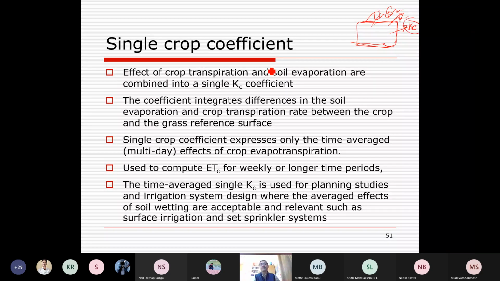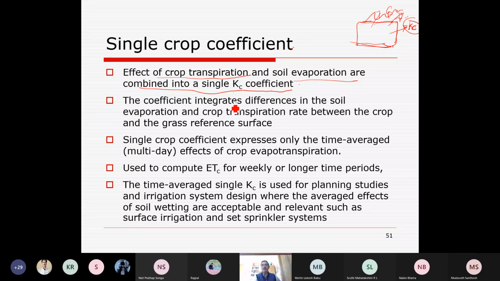So, single crop coefficient versus multiple crop or dual crop coefficient. The effects of crop transpiration and soil evaporation are combined into a single crop coefficient. That is a very well known condition. We are simply revising it. The crop coefficient